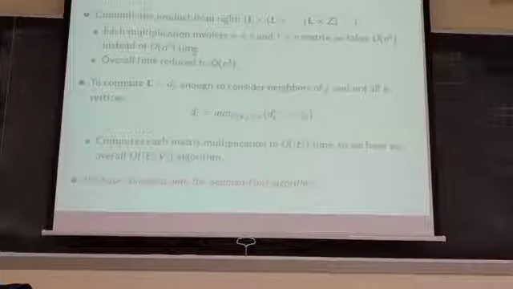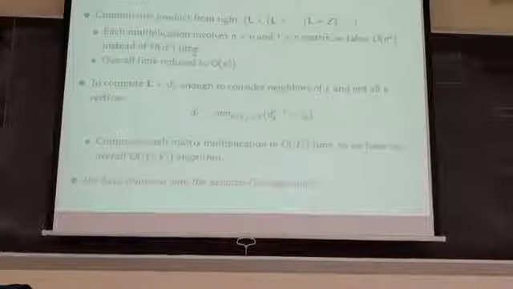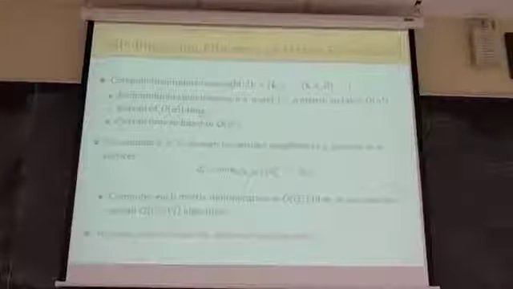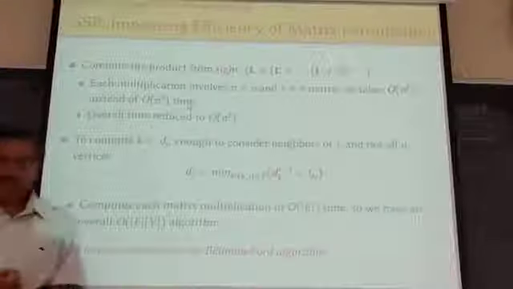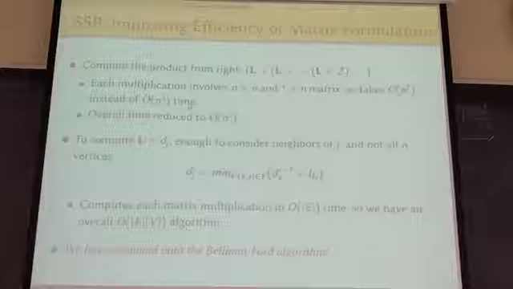Okay? So when you do that, now instead of having an O of n cube algorithm, you have an O of n times E algorithm, which gives you this complexity. So you have an algorithm whose complexity is proportional to the product of the number of edges and the number of vertices. In fact, this is really what is called the Bellman-Ford algorithm. And the interesting thing about this algorithm is that